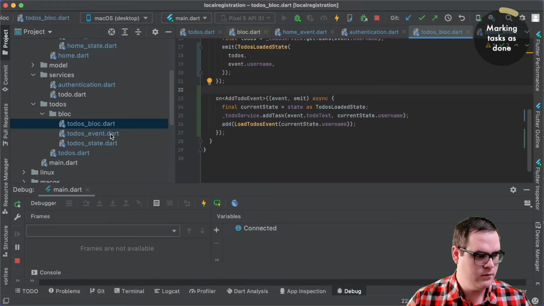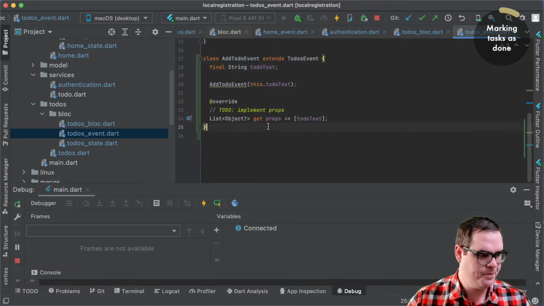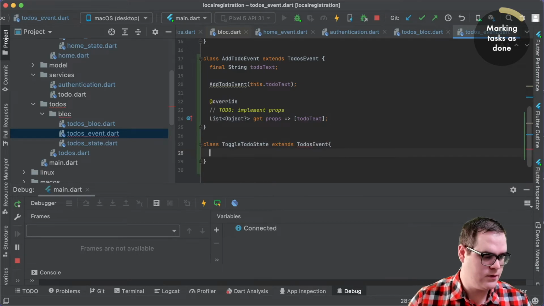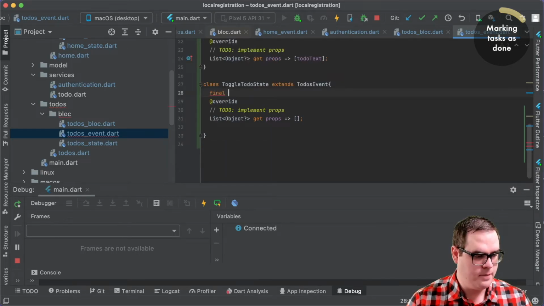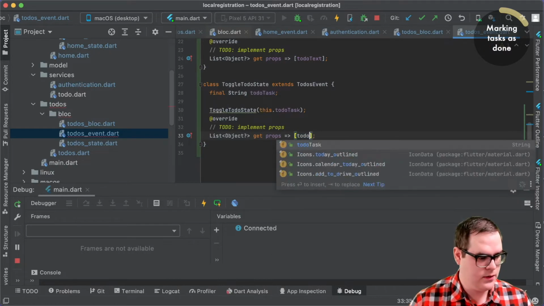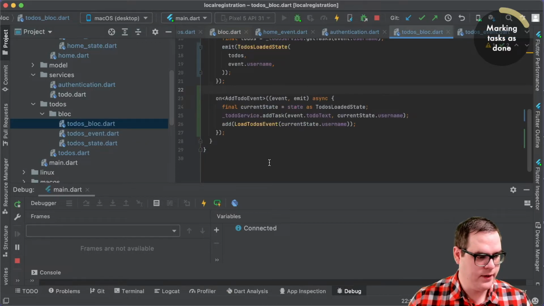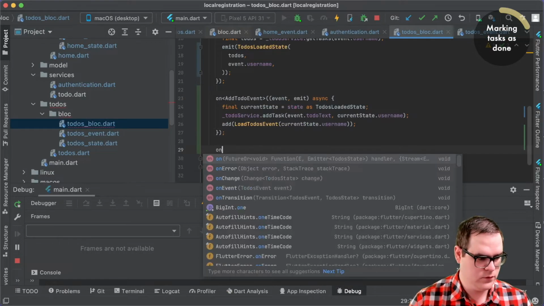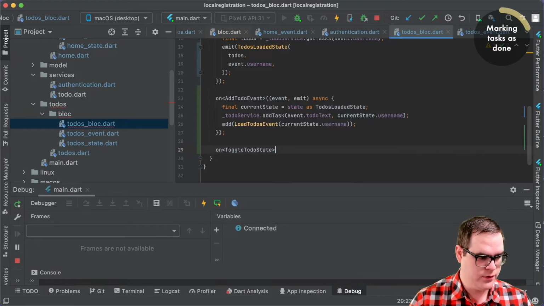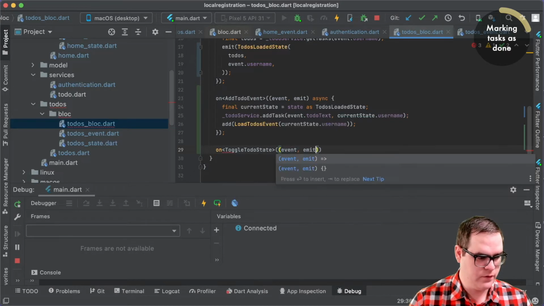So to do that, come into the events here, and we'll make a new event. We'll call it class toggle todo state, and that'll extend the todos event class as well. We'll include the todo task for what to toggle, and we'll add that into the equality check. And then within our block, go on toggle todo state event emit,